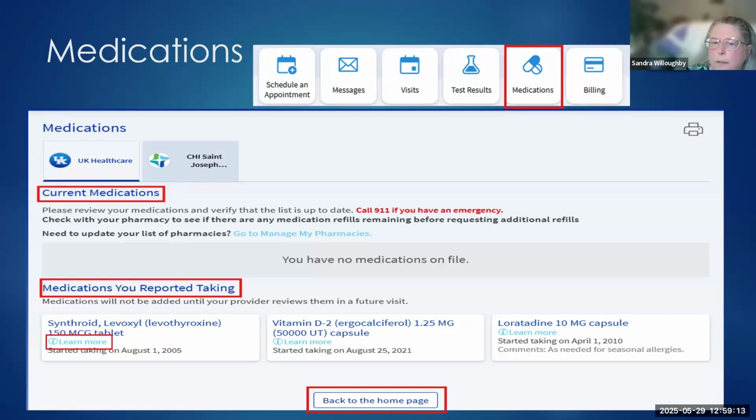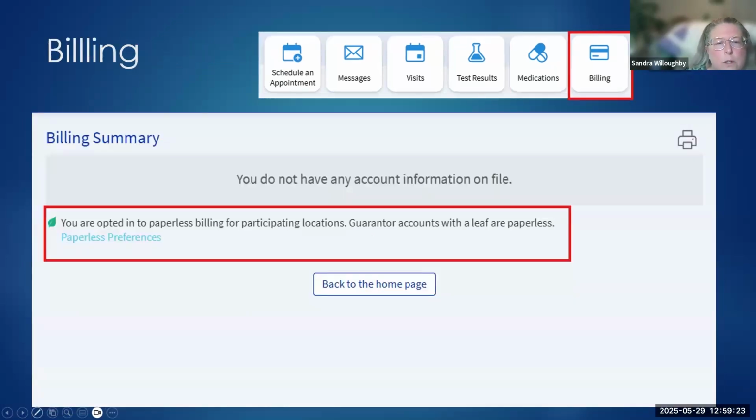Do we have any other questions on that? Not for me. All right, so we're getting close to the end, because the next thing we're going to look at is billing, where we could see billing information. You can see that this particular one is opted out of getting paper. They're only paperless. And then you can get an email or a text notification that you have a bill ready. And then if you had a bill here, you could see the balance, see the details,